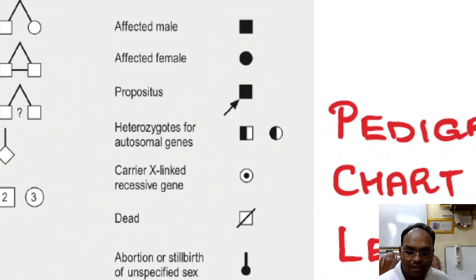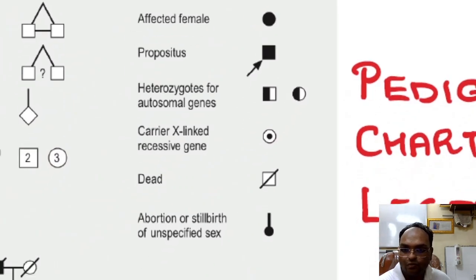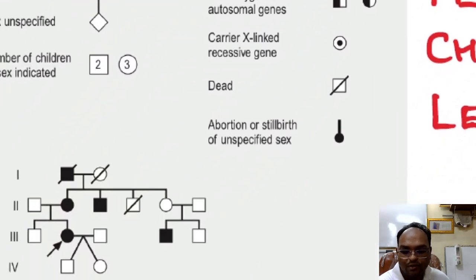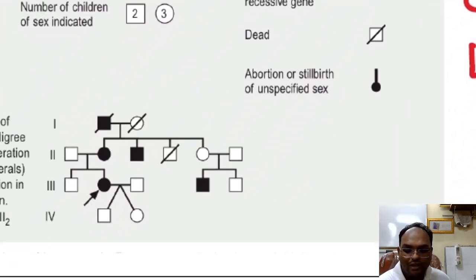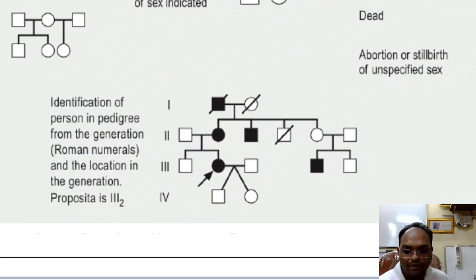হেট্রোজাইগোটস বোঝাতে অর্ধেক সাদা অর্ধেক কালো। ক্যারিয়ার বোঝাতে মধ্যিখানে একটা কালো ডট দেয়। ডেড বলতে এরকম একটা কালো লাইন দিয়ে কেটে দেয়। আর অ্যাবর্শন বা স্টিল বার্থ বোঝাতে এরকম করে। সো এটা আমরা যখন জেনেটিক মেডিসিন পড়বো তখন আমাদের আরও কাজে লাগবে।